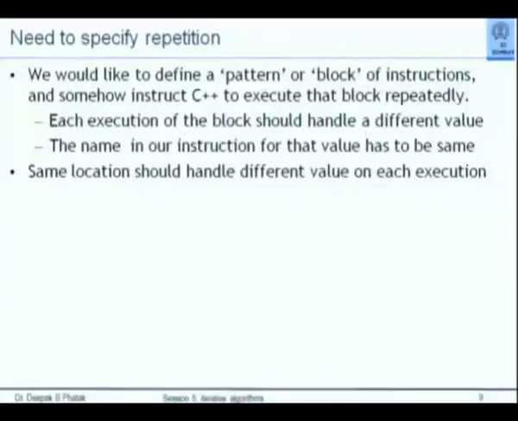So somehow you have to figure out a way that you give one instruction to the machine, say compare, and you want to give another instruction to the machine saying keep on doing this all the time. Now that is called repetitive control, and for that not only C++ but every programming language has instructions. The requirement to use such instructions, we don't know what those instructions are, but whatever they are, the requirement first is to figure out a pattern of instructions which can be repeatedly executed.